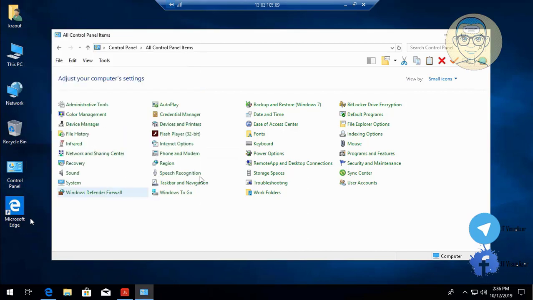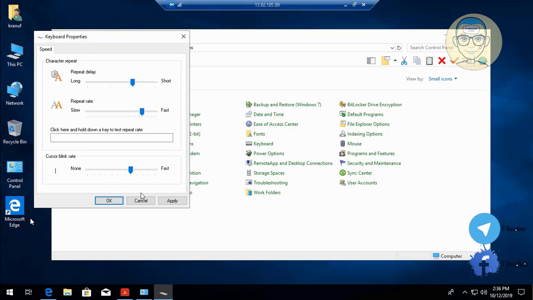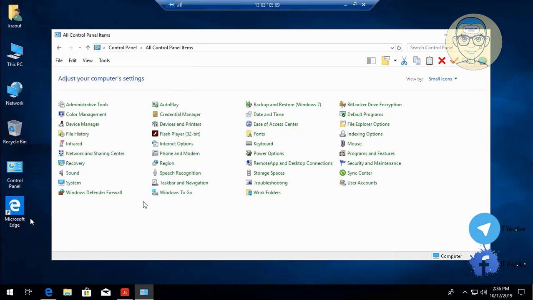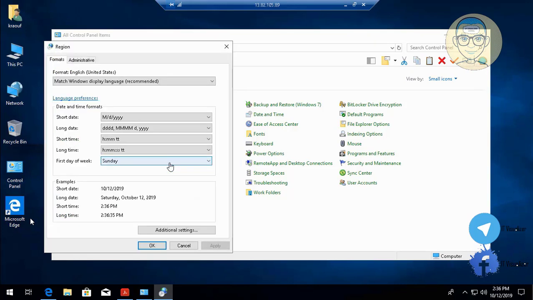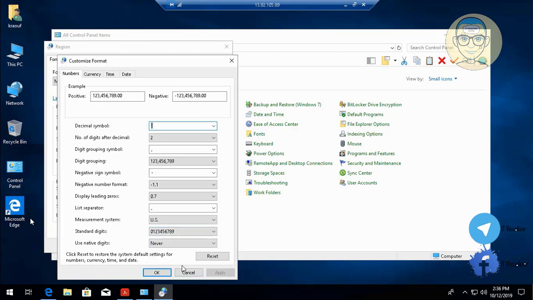By the way, all of this can be done through group policy, but I am just doing it to demonstrate the template example. Okay, we are working with this. Here I am just changing